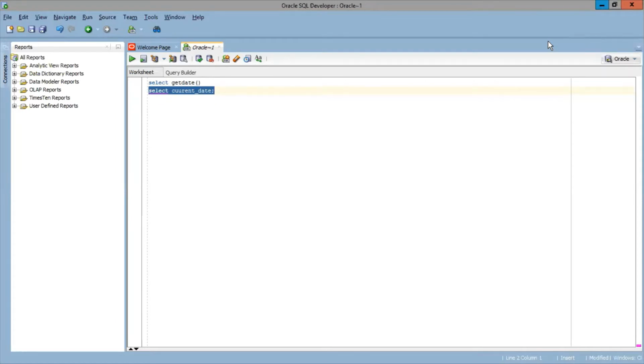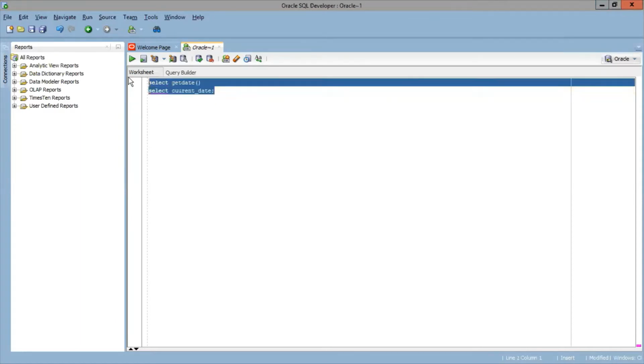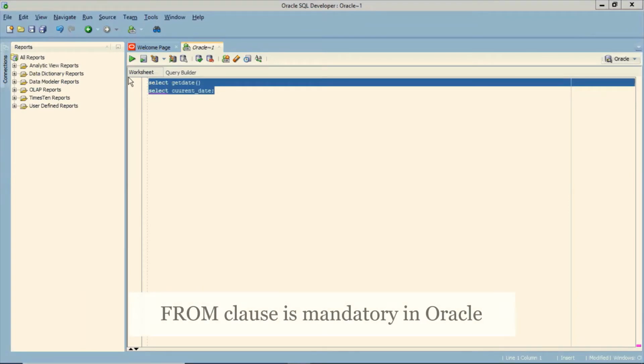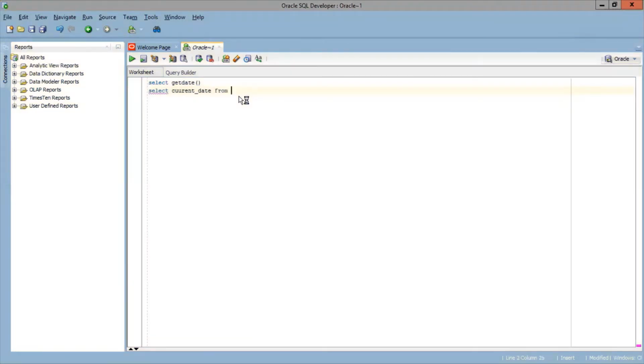If you observe these statements, there is no table reference, nothing but the from clause, and you might be confused why there is no need to give a from clause if you are new to Oracle and had experience with the above mentioned databases like SQL Server, MySQL, Sybase, and PostgreSQL. But one thing is clear here: the from clause is mandatory in all queries in Oracle SQL. So we have to rewrite that query like